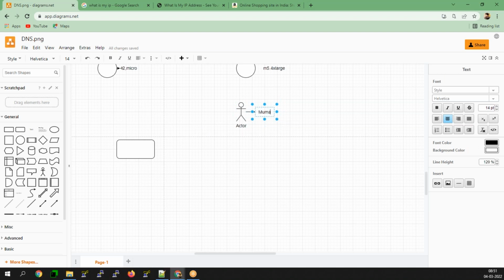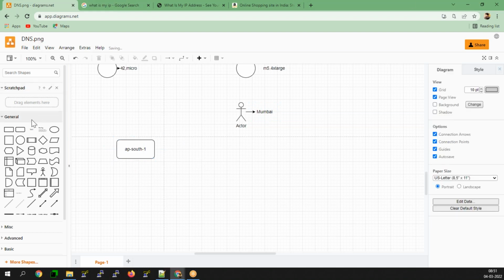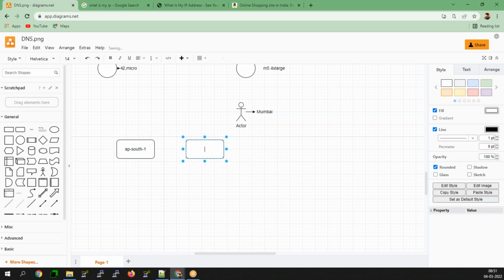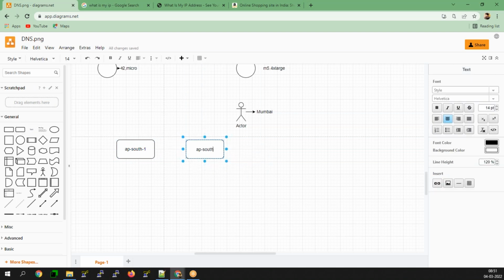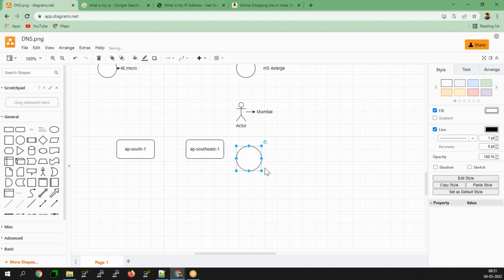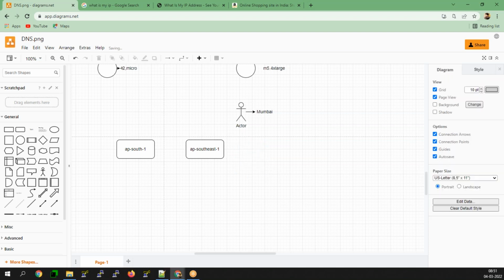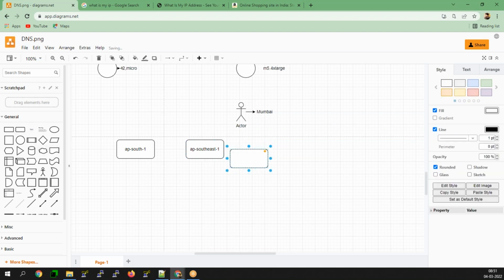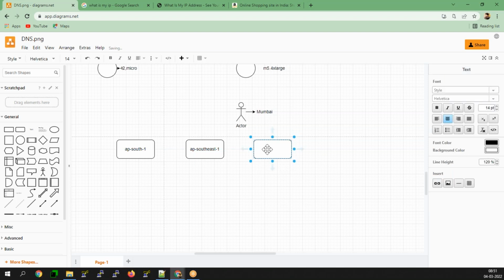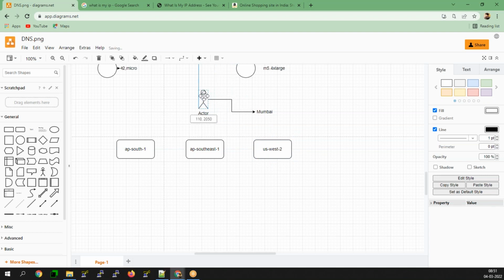Now your setup has been set into multiple regions: AP South-1, which is Mumbai, then Singapore AP Southeast-1, and the next one is US West-2. All three regions are there.